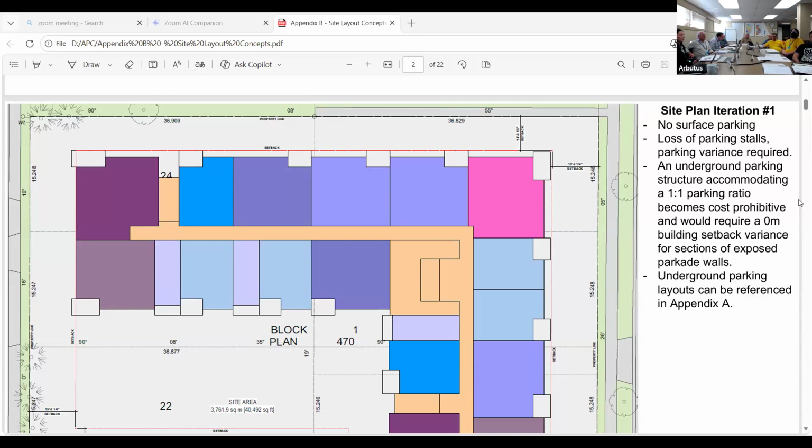It's not just us saying this. If we felt that was an easy thing for us to do, we would go ahead and do it. The other thing I would point to is that we also get into the critical root zones of those trees if we were to put all of the parking underground. We would be building essentially to the lot line all the way around the building as a structural park, and we wouldn't be able to plant on top of that with trees.